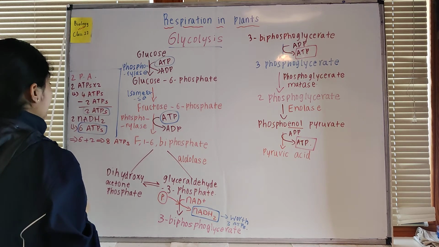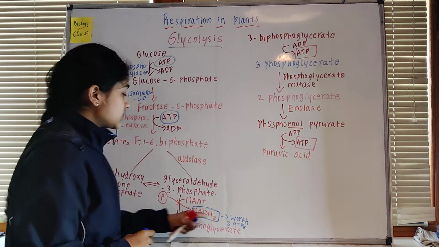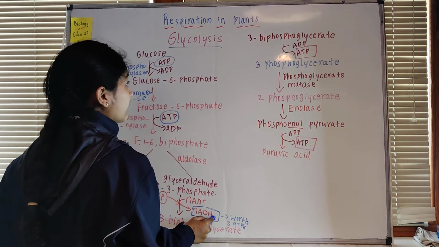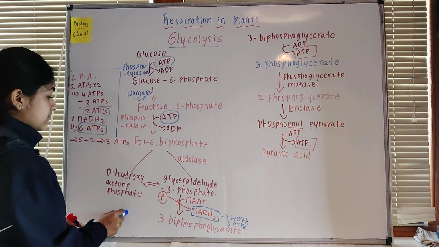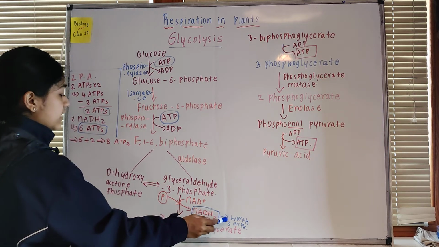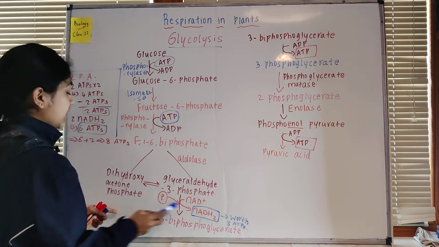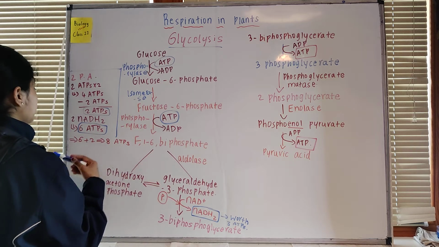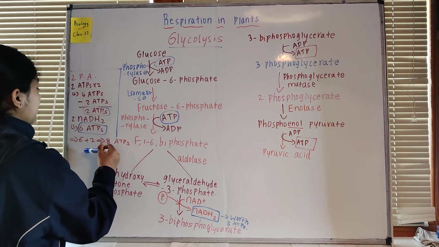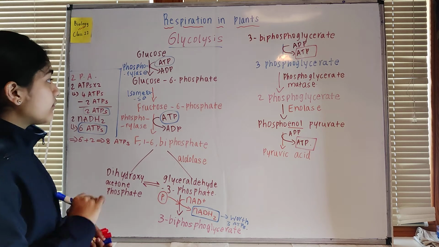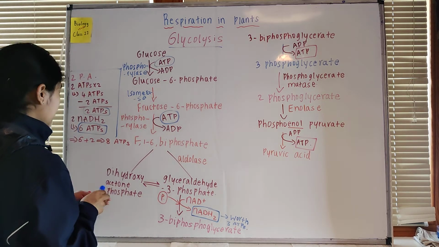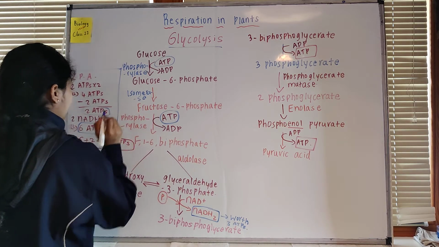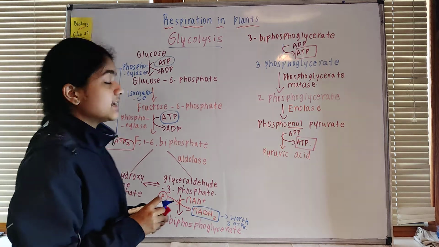Now, NADH2. Each NADH2 is worth 3 ATPs, and we have one NADH2 here and another NADH2 here. So each NADH2 is 3 ATPs, so 3 times 2, because 2 NADH2 are there. 3 times 2 is 6 ATPs. 6 ATPs plus 2 ATPs gives us 8 ATPs. So at the end of the glycolysis reaction, we are left with 8 ATPs. 8 ATPs is the number of ATPs which are getting synthesized.